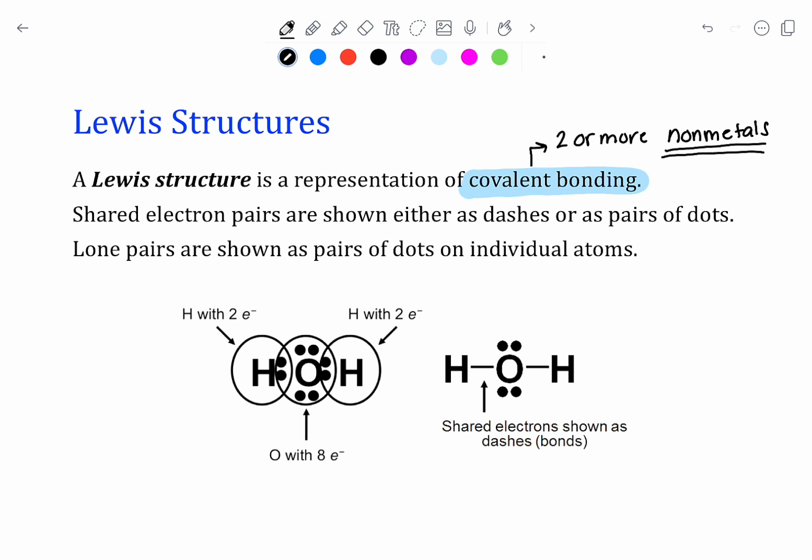And in ionic compounds, the electrons are being donated. So the two atoms are being attracted by their difference in charge. That is not happening here with covalent compounds. The electrons are being shared. Therefore, we have bonds, and that's how we represent our bonds is through a Lewis structure. So the shared electron pairs, so those bonding pairs,